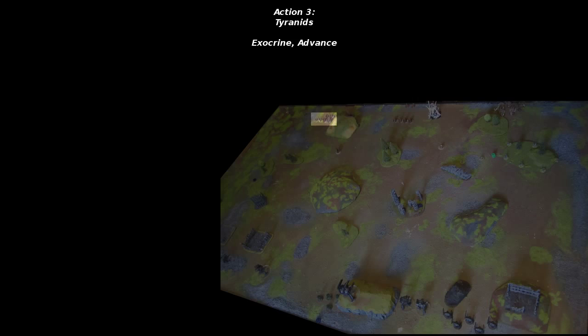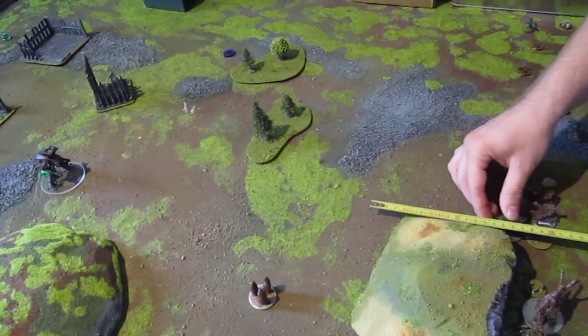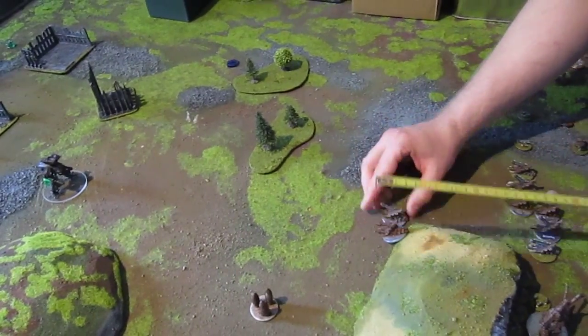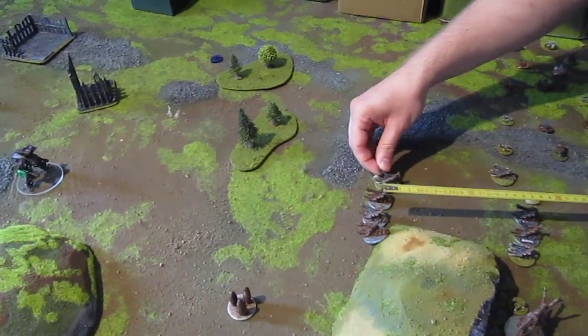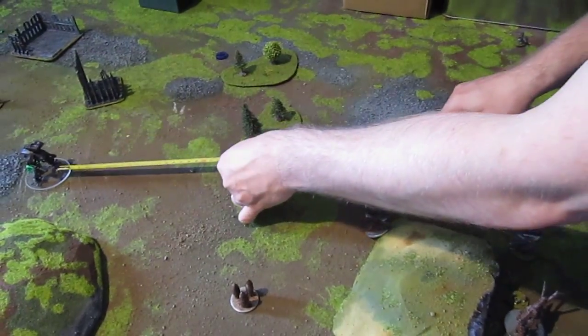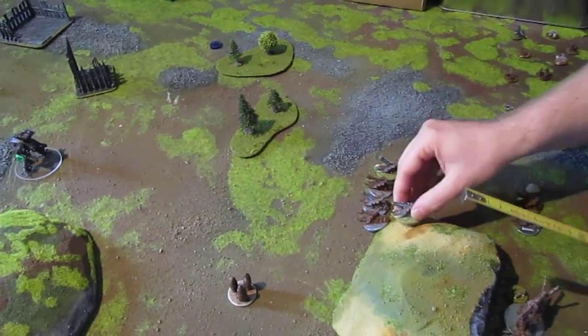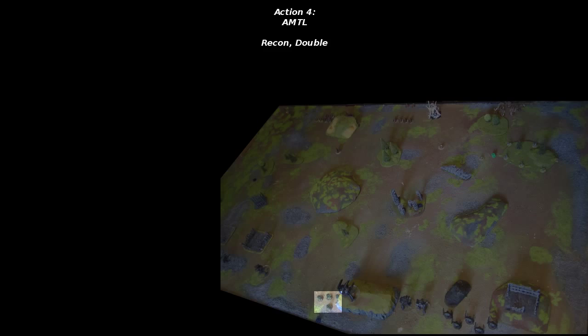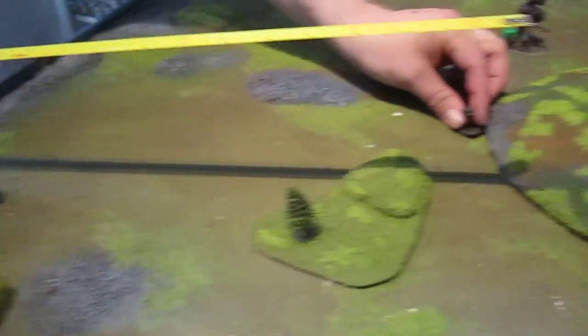The exocrines then advance and get within range, so they have one blast marker that the Reaver managed to do, nothing else. And then they shoot at the Reaver. And they manage to drop some shields, but nothing else. Then the Recon from Titan Legion, so